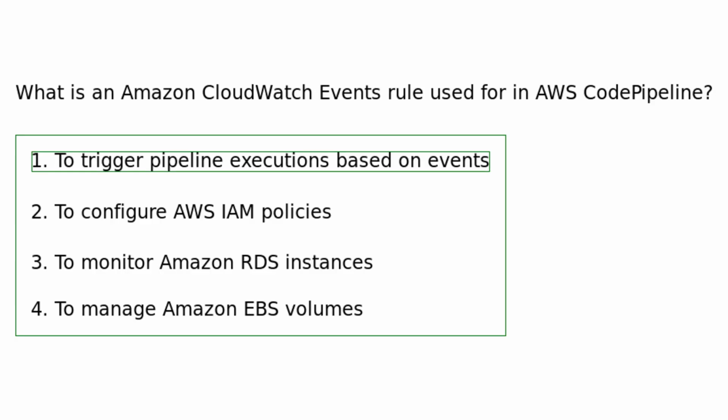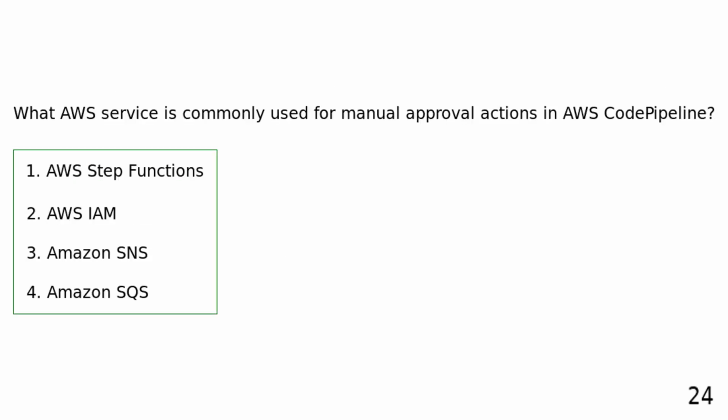services or external sources. What AWS service is commonly used for manual approval actions in AWS CodePipeline? AWS Step Functions. AWS IAM. Amazon SNS. Amazon SQS. Amazon SNS is commonly used for manual approval actions in AWS CodePipeline to notify stakeholders for approval steps in the